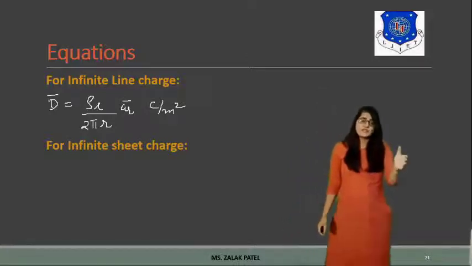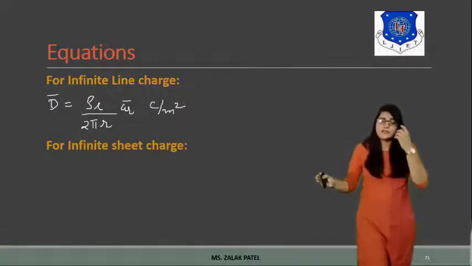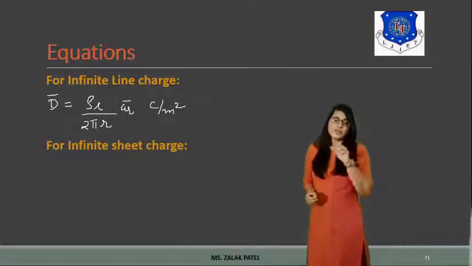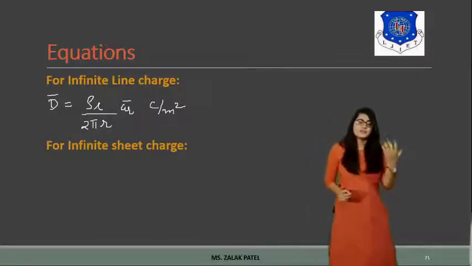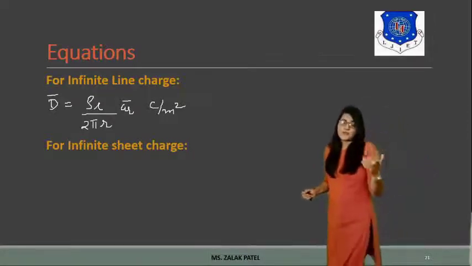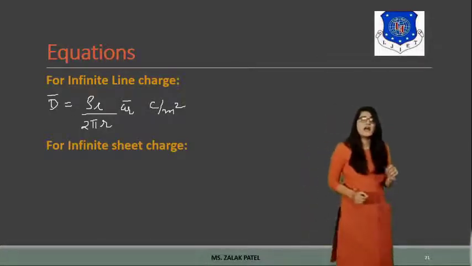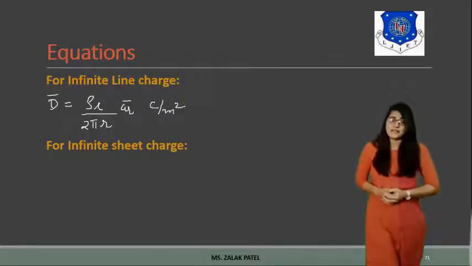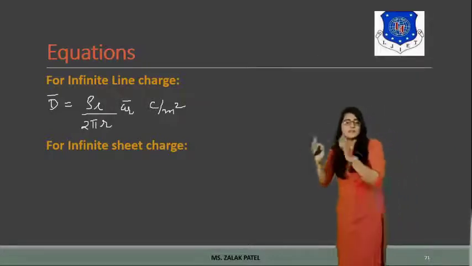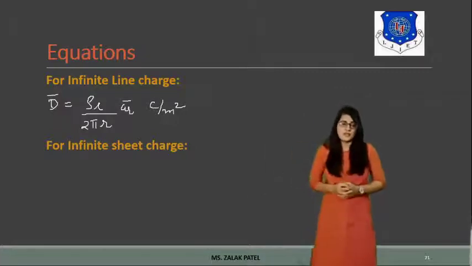So here also the same concept will be used in the example, but what you have to differentiate is that you simply multiply the answer of E with epsilon 0 or epsilon. If it is asked that it is traveling in a medium, then you simply multiply it with epsilon, and if it is asked that it is in free space, then you simply multiply it with epsilon 0. So what is the relationship between epsilon 0 and epsilon? If some material has a relative permittivity epsilon R, then epsilon is equal to epsilon 0 into epsilon R. So this is the relation between the permittivity and free space permittivity.